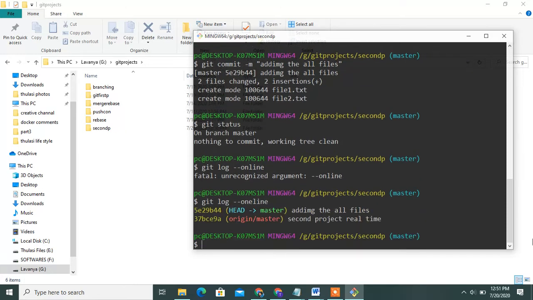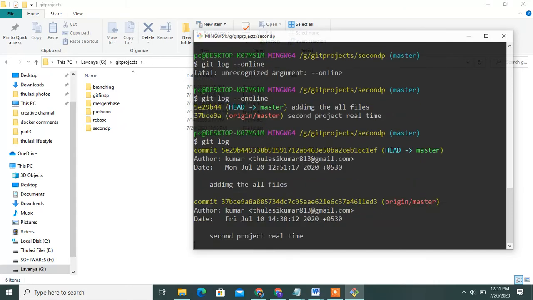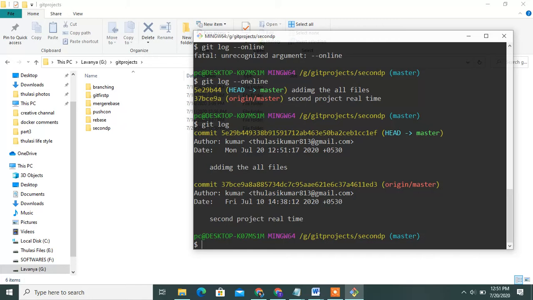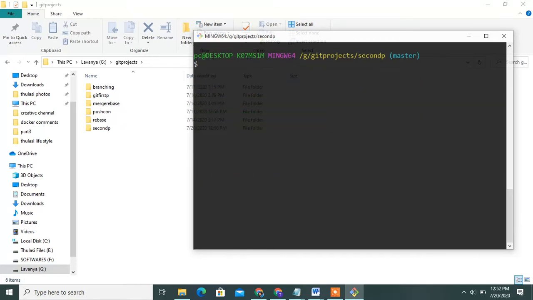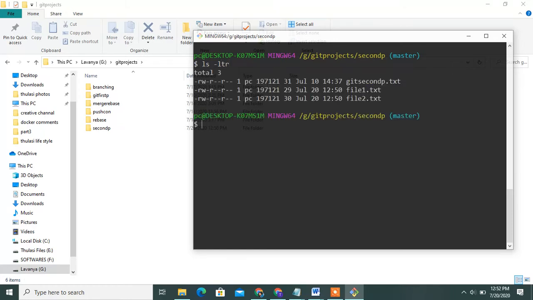In the second project, add all the files and make a new commit, which stores them in history. Then you can check with ls -ltf: three files.